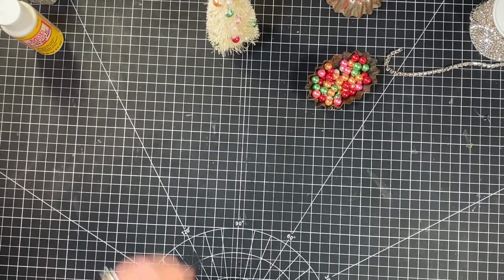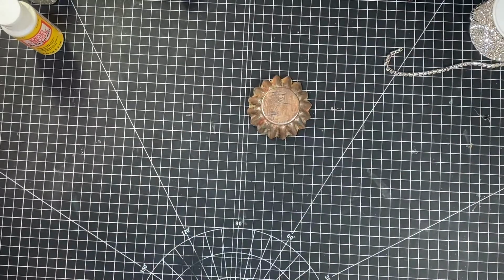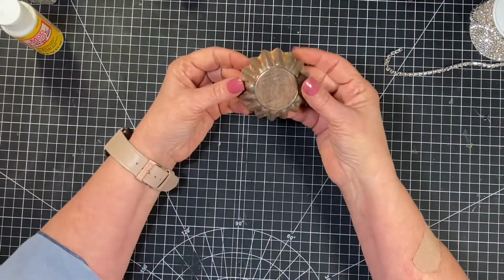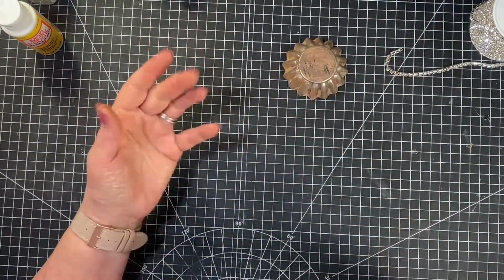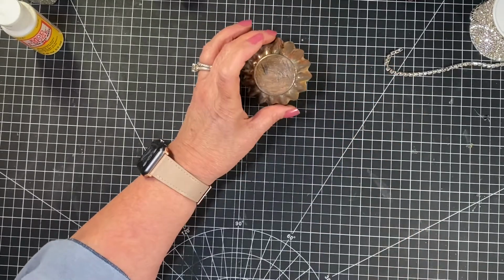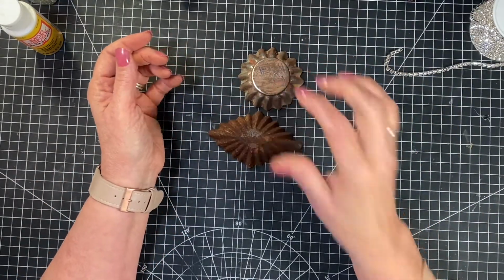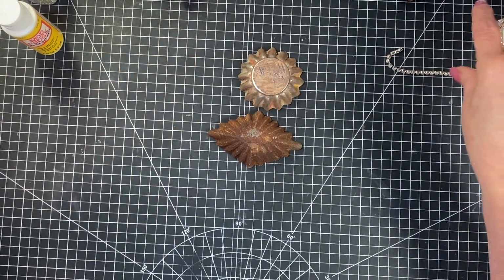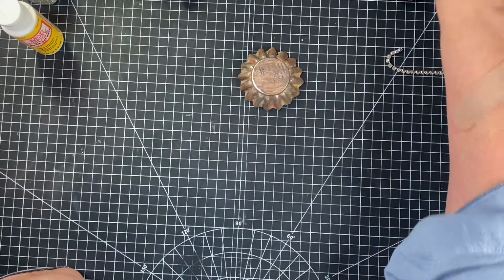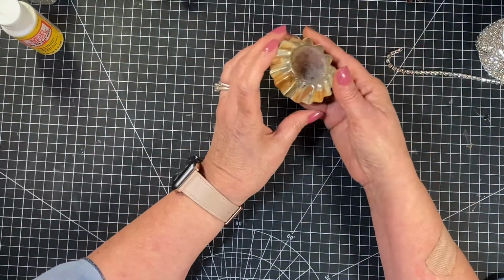Okay, the next thing I'm going to do, I'm going to just set that aside and get some of this glue off of my fingers. And we are going to take, this is what I call my tree base, okay, is what I'm going to make my base out of. You can use any of the size. You don't have to do the round one. You could do, you know, whatever kind you want to use. But I'm going to use this one, and this is the one I faux painted,